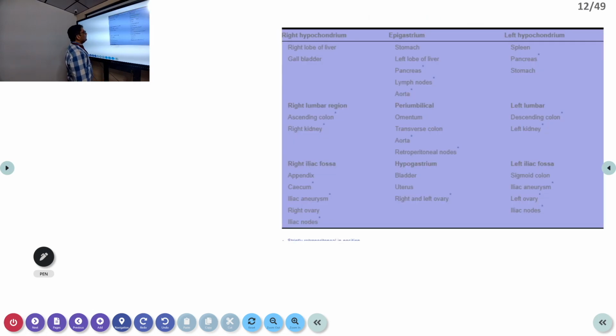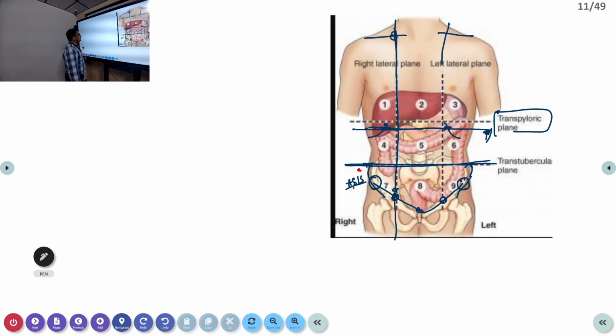So, what are the organs which we already discussed? If you're palpating some mass, it is usually according to the quadrants that different masses can be palpated. So, what are the organs which are there in the right hypochondrium? What are the masses which you can see? In the right hypochondrium, you can see the liver as well as the gallbladder here. Here the gallbladder will be there.